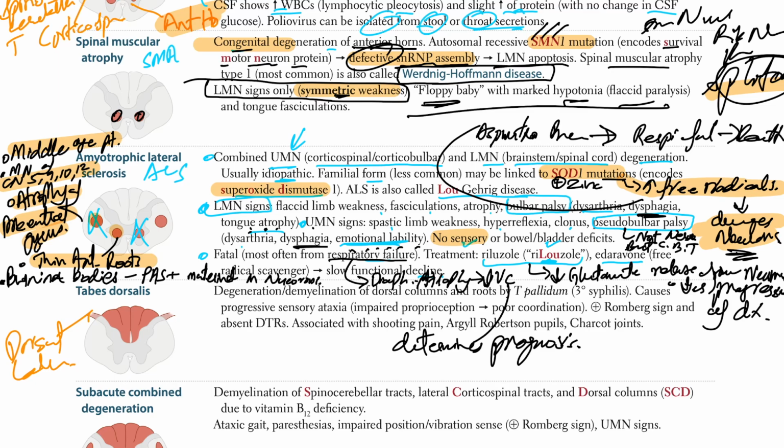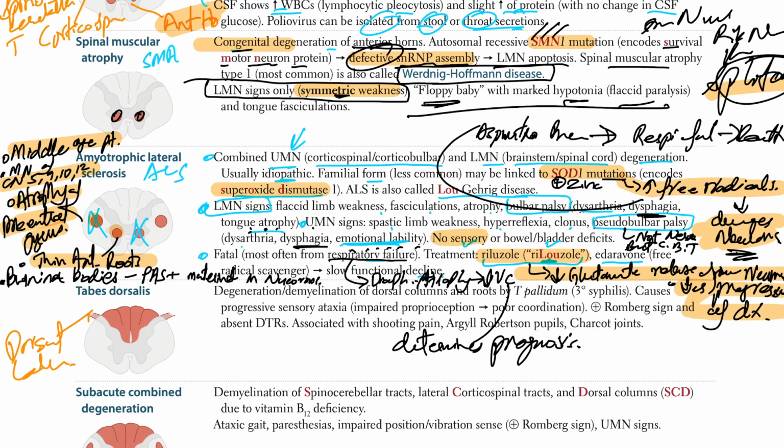So that's why the treatment is riluzole, in which you are going to decrease glutamate release from the neurons, and this riluzole will decrease the progression of disease. Now, how do we gauge the progression of disease? It is done by